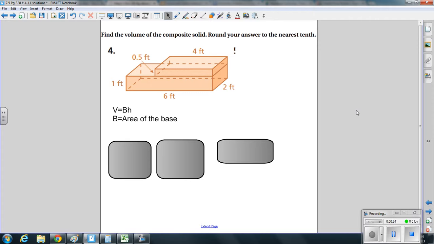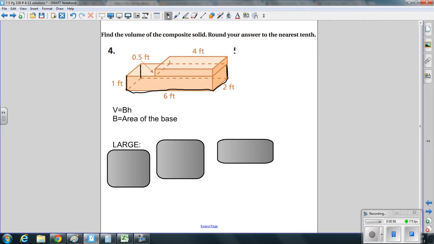All right, here's number 4. We have a composite shape made up of a smaller prism and a larger prism. So remember, to find volume, we take area of the base times the height. So for the large prism on the bottom, this represents the length. I'm outlining it in black here. This represents the width, and the height, this line, is congruent to this line, congruent to this line, so the